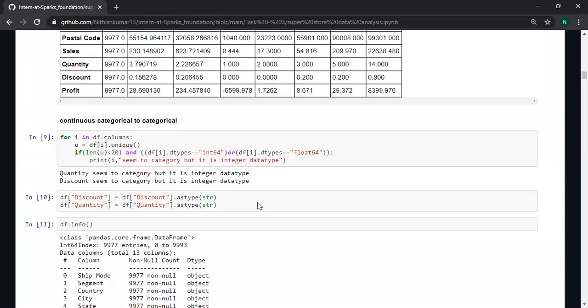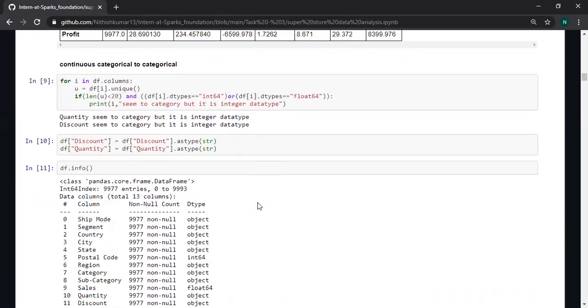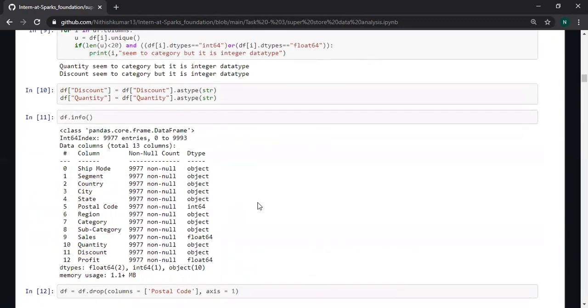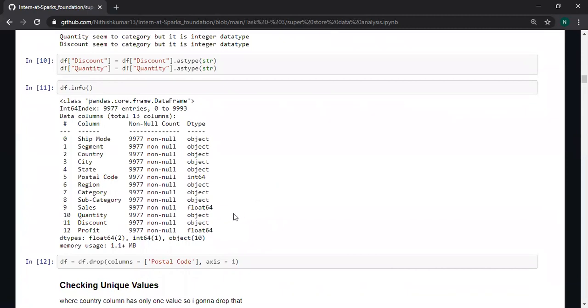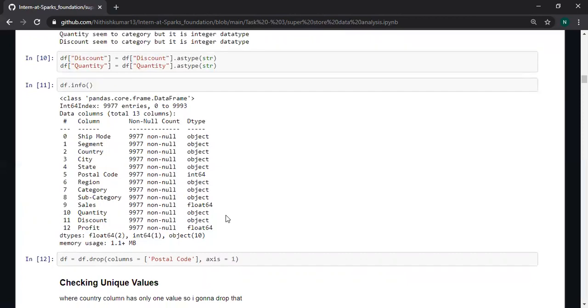Here, quantity and the discount columns consist of some continuous categorical data, so I am converting them into object data type. After conversion, discount and quantity data are converted into object.